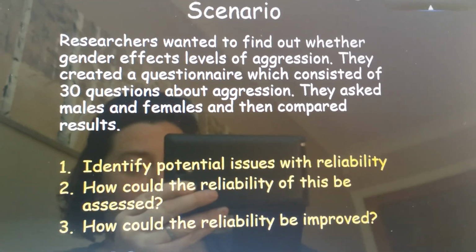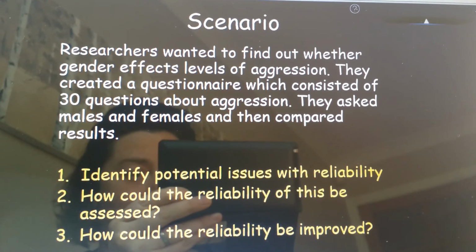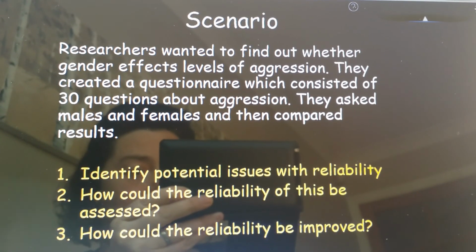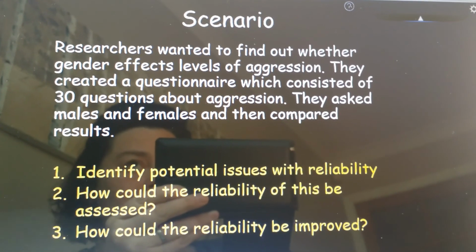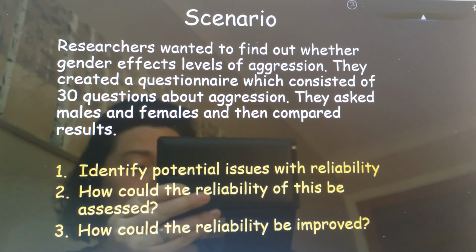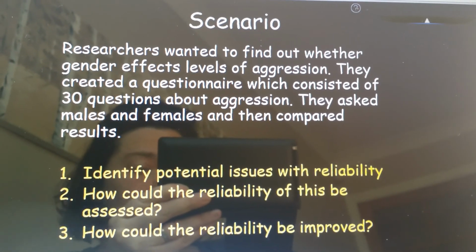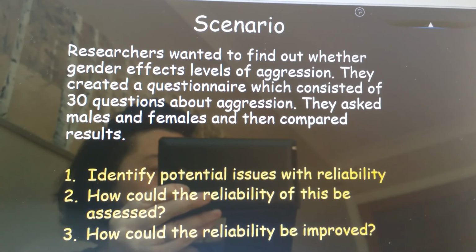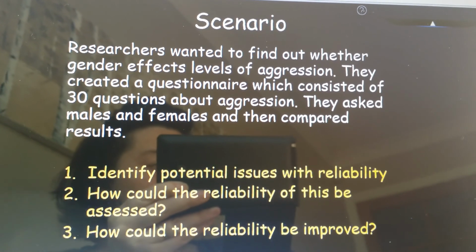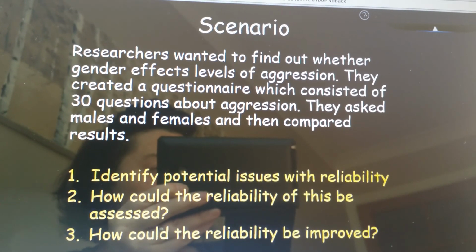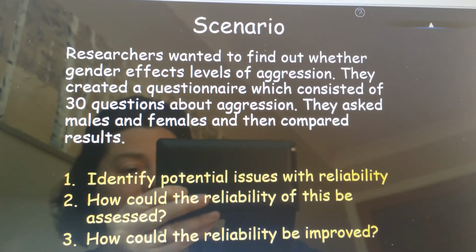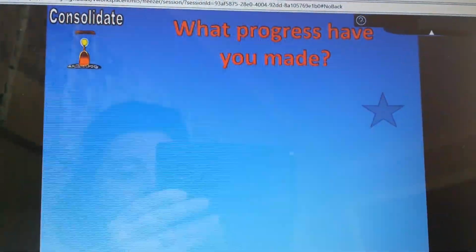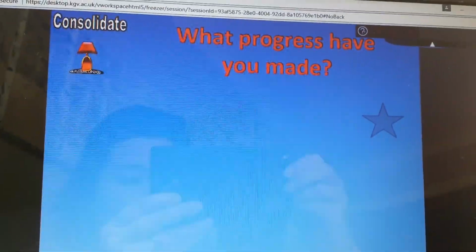Here's another scenario. This relates to questionnaires, and therefore we would potentially be looking at interviewer reliability, or we could be looking at the split half method, because we're dealing with something where we could split the questionnaire into 2, and we could look at questions to ensure that they were all measuring the same thing. This ends the session on reliability.